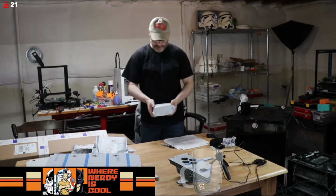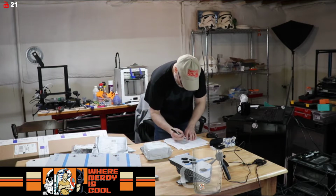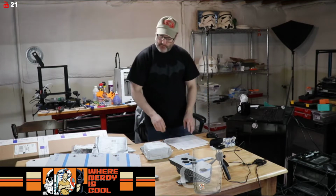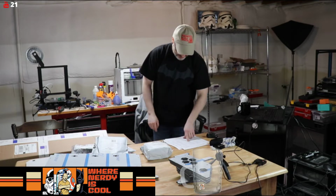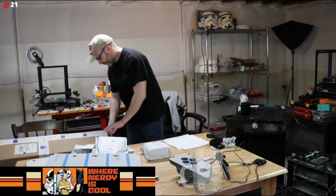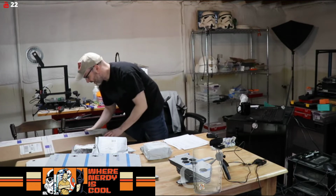Wow, this is heavy. This is a lot of motors. Okay, so stepper motors, or motor set as they call it. My one grief is I wish that their label matched what's on the inventory list. Okay, then,